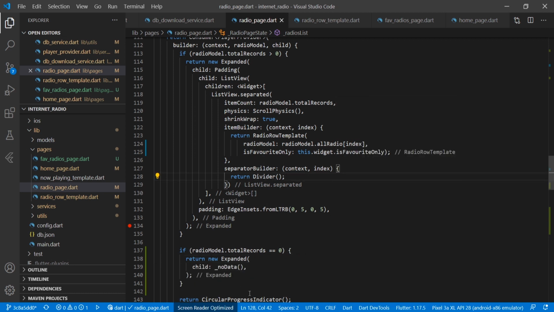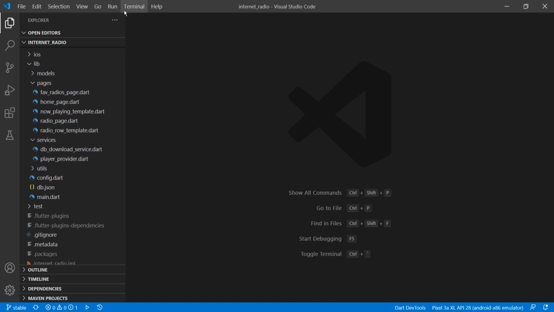So now we are completed with the code. Now we have to run the application to see our favorite screen. So now we will run our application to see the favorite screen which we have just implemented.